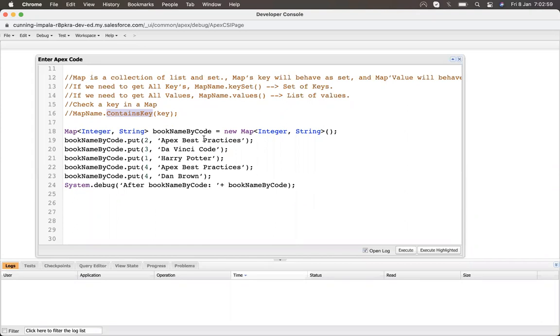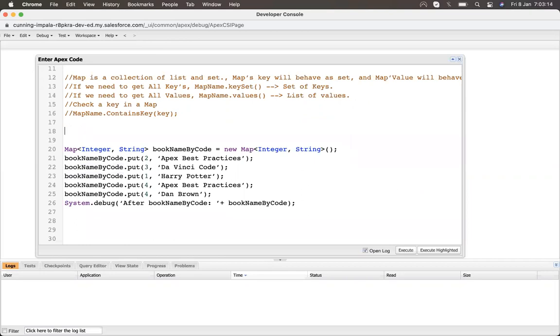Suppose we want to remove some element from a map. If you want to remove an element from a map, the removal is also on the basis of its key. So in order to remove, suppose we need to remove the third index.